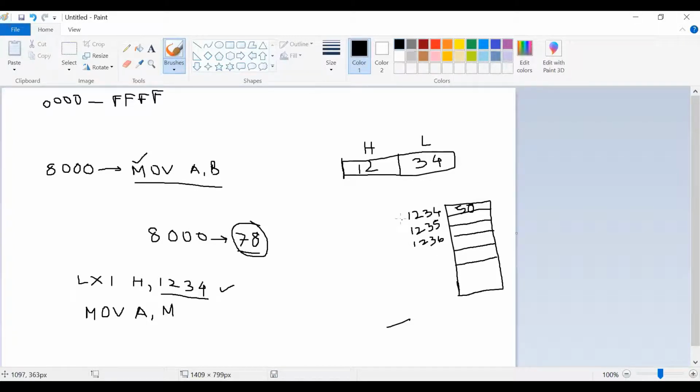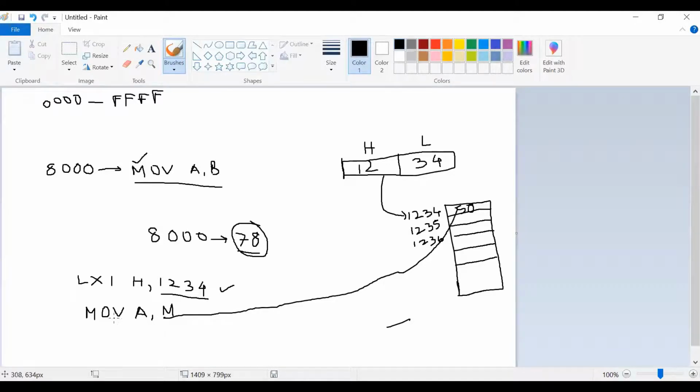So the HL register pair holds this memory location, not the 50. It holds the memory location where some data byte is there. Now that data byte should be copied to the accumulator.